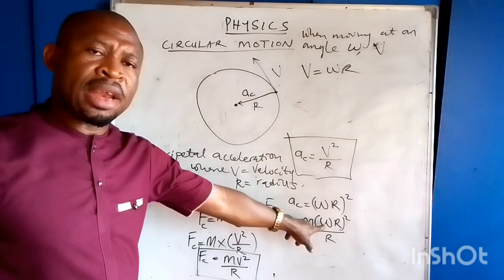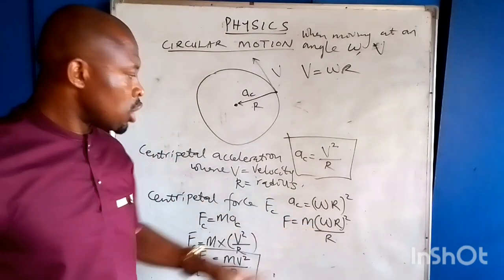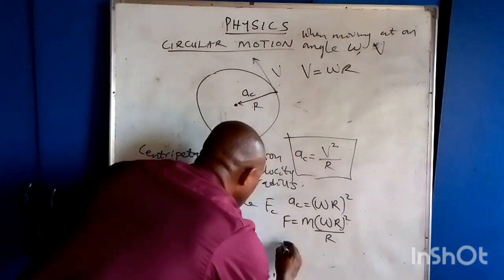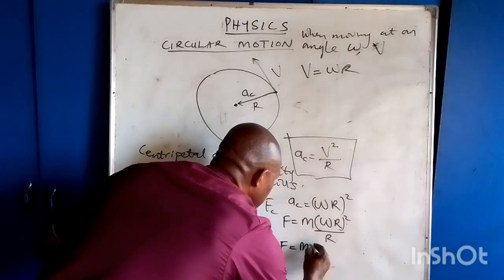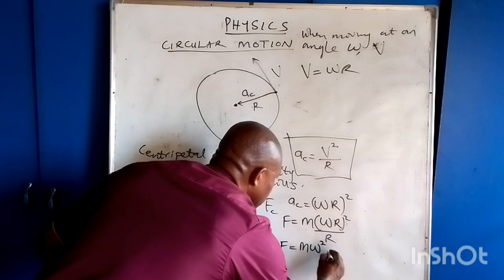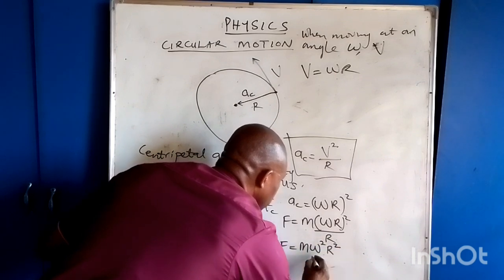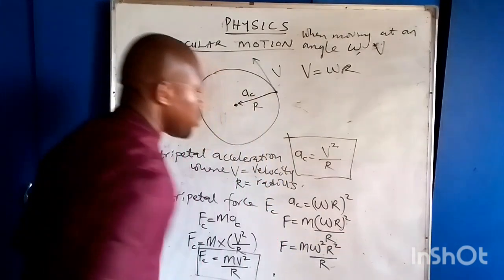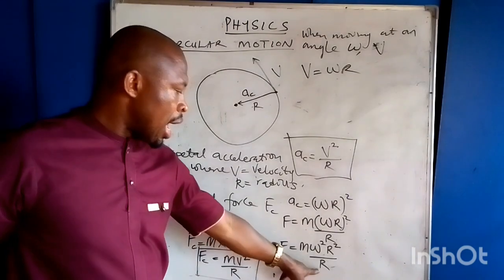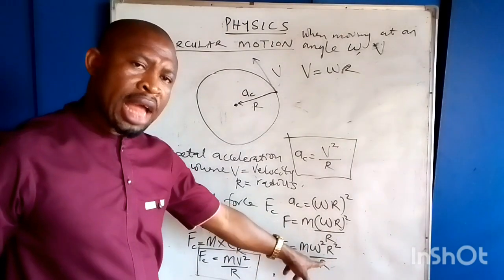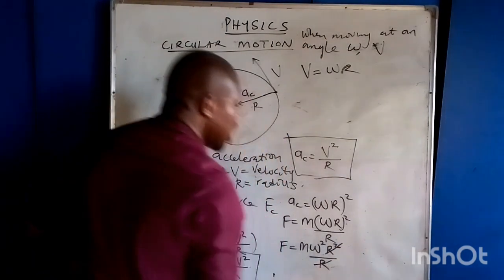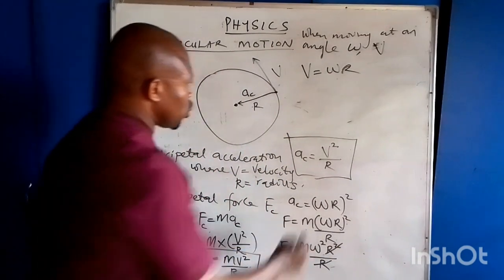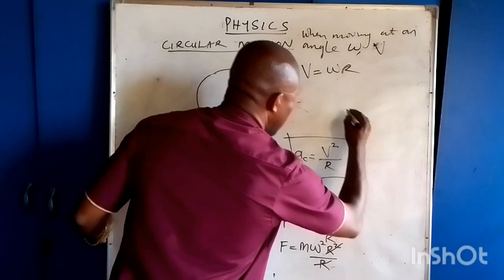It doesn't end here. We'll open that bracket. So if we open that bracket, we'll now have F is equal to m omega squared r squared all over r. Something is common there. R is common, so this one can cancel one of this. If it cancels one of that, we'll now have that our